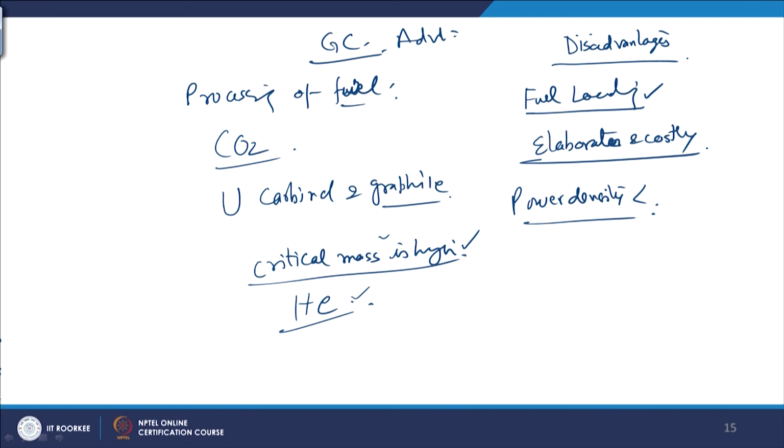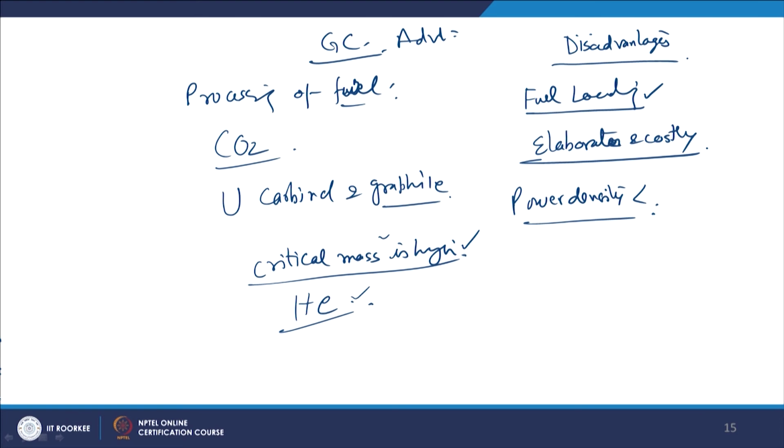Coolant is gas. So, more power, more bulk of the volume has to be handled by the pump. So, more power has to be consumed by the pump in this type of reactors, and control in coolant is also complicated, because of the negative coefficient of helium, and it does not absorb the neutrons.